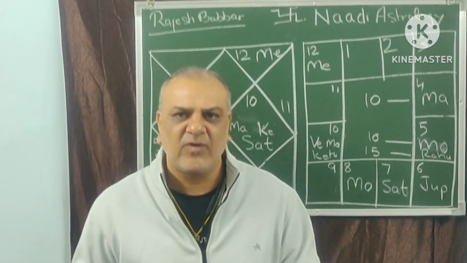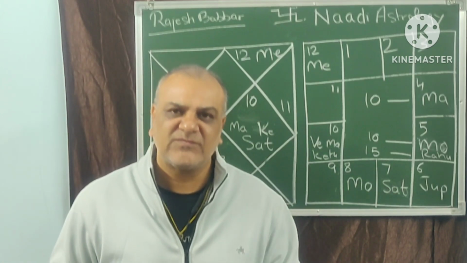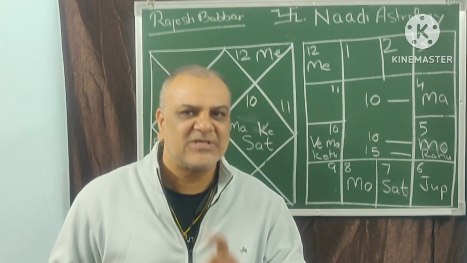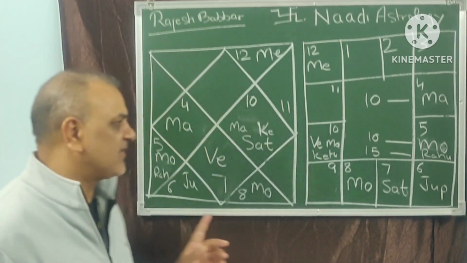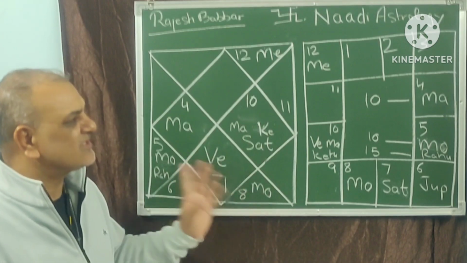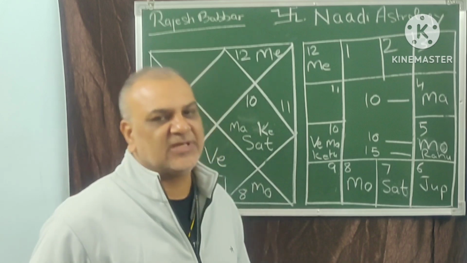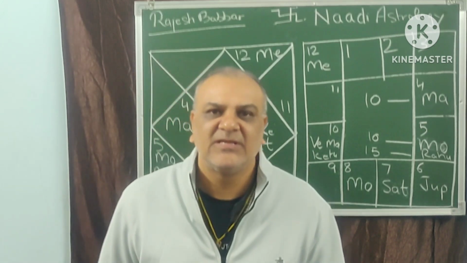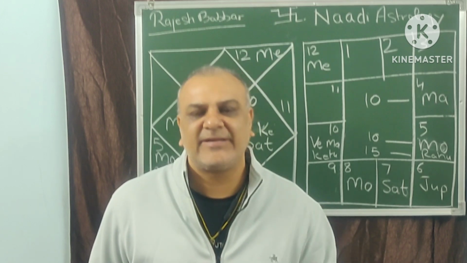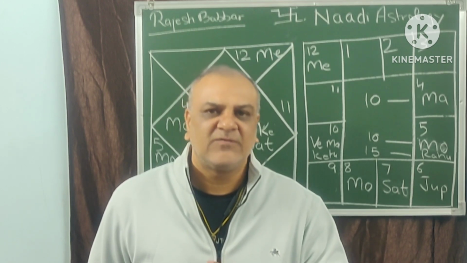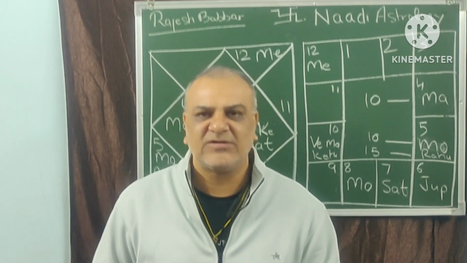So there are a lot of combinations, because I don't want this video to be very long. I want this video to be very short, so the concept should be clear. So I think I have done a very good job here. I have explained the concepts of Rashi Parivartana, which is called the law of exchange, and in the coming classes I will give you snapshot predictions through Nadi techniques, in which we don't need any Dasha or Bhukti or any kind of Navansha or something like that.